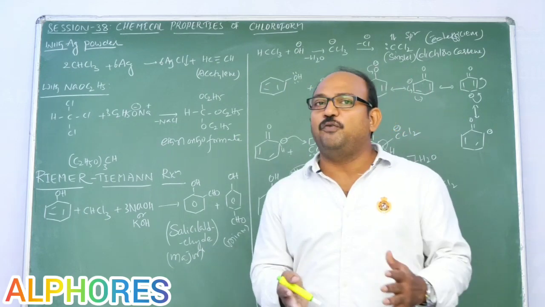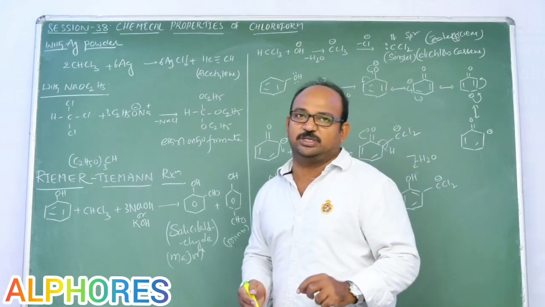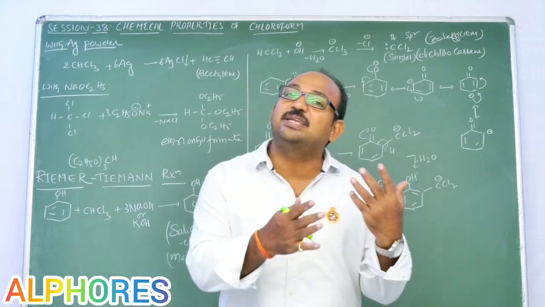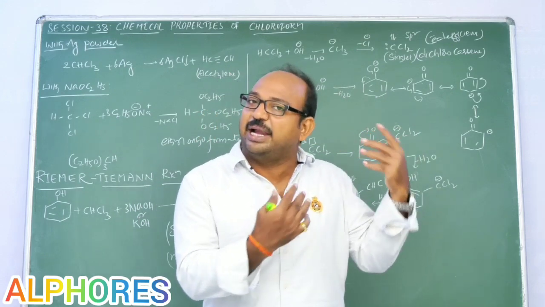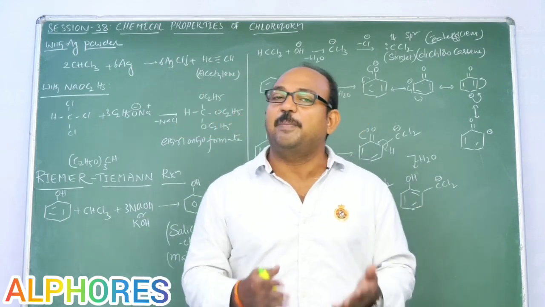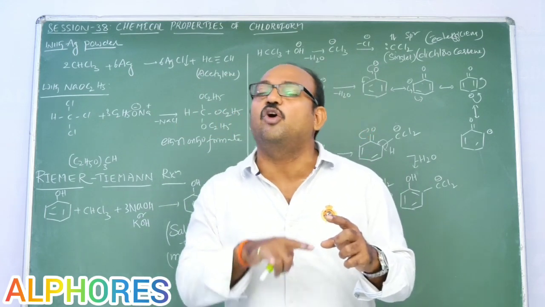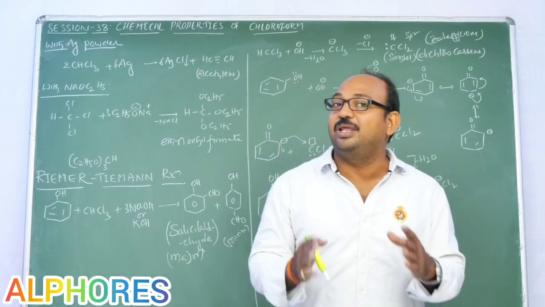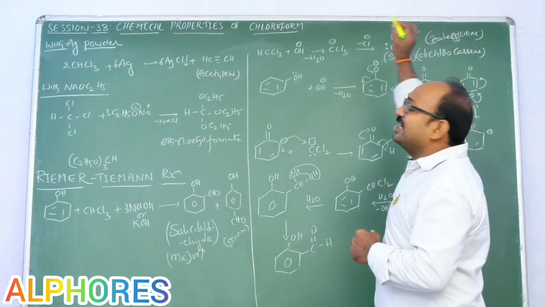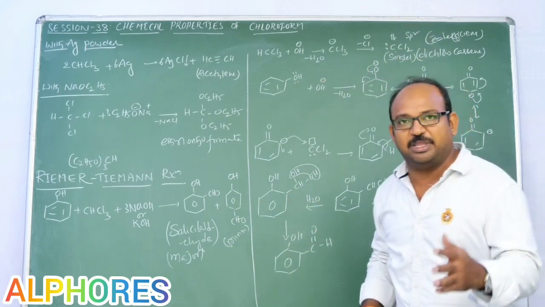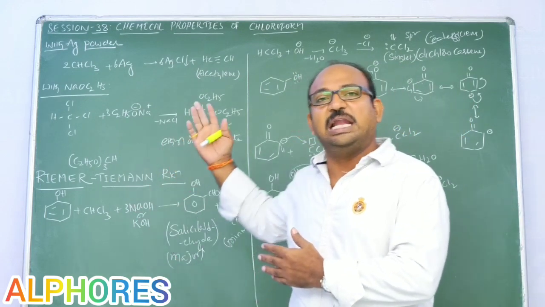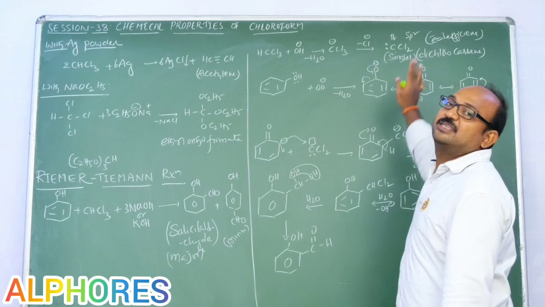From where are we getting it? From chloroform. Chloroform still consists of an acidic hydrogen. How do you say it is acidic? Because after losing that H plus, it can be stabilized. How does that CCl3 minus get stabilized? Because it participates in resonance: the negative charge on carbon is delocalized with the vacant d orbitals of chlorine. So CCl3 minus is stable, and because the carbon is electron rich, Cl minus has a good leaving tendency. It will leave, and ultimately we are getting CCl2.